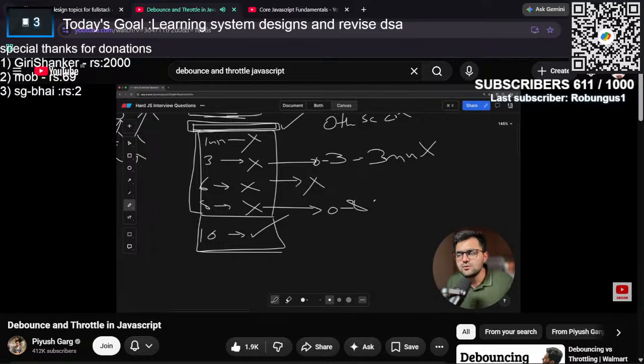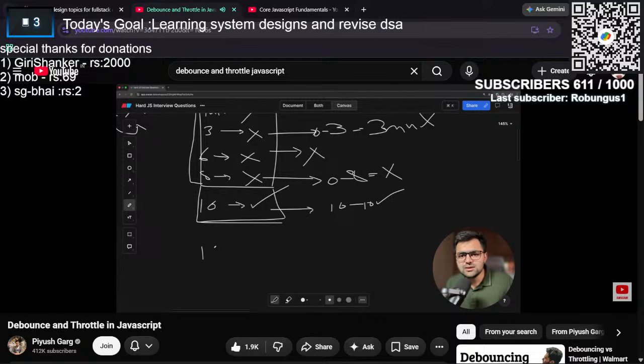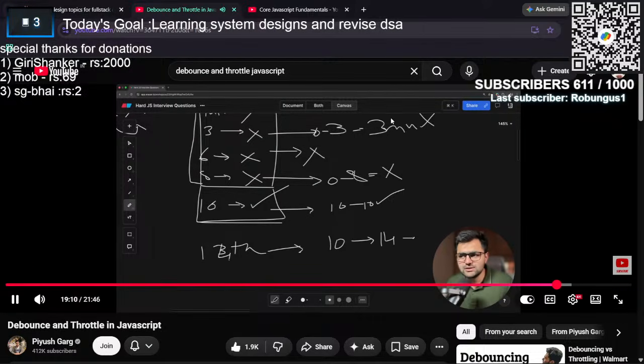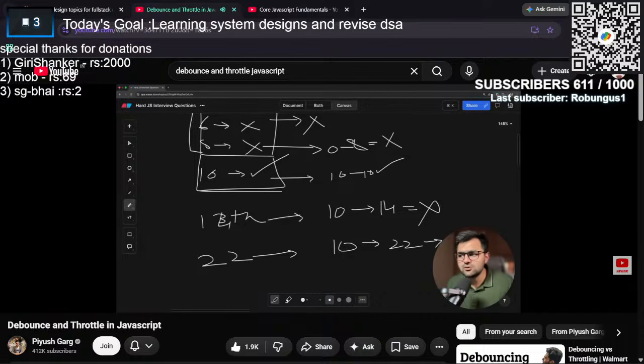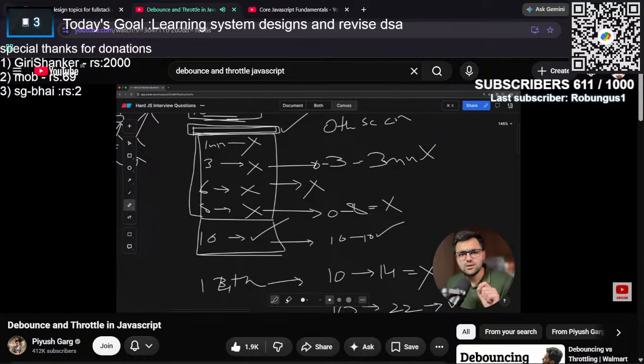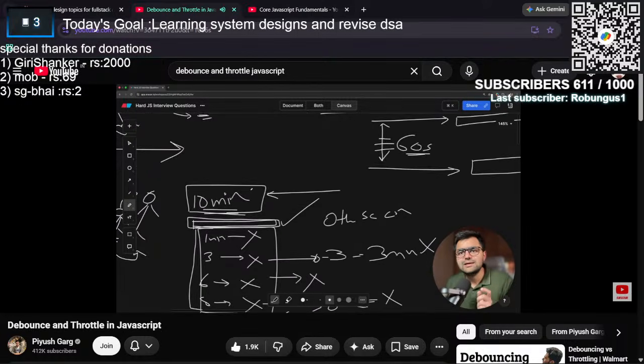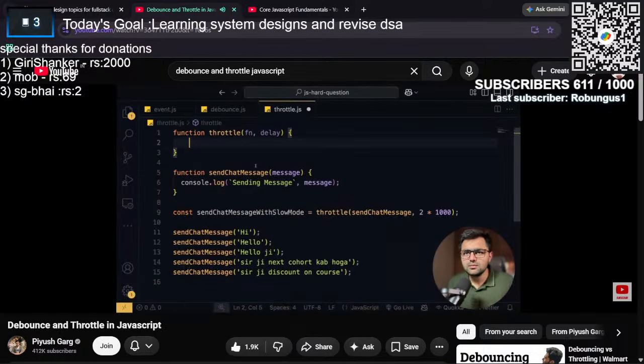तो मेरे को कॉल नहीं करनी चाहिए। आपने फिर एक कॉल की 8 मिनट पे, लास्ट कॉल कब गई थी, 0 मिनट पे, तो 8 मिनट ही बीते, क्या मेरे को कॉल करना चाहिए, नहीं। अब यहाँ पर कॉल चली जाएगी, है ना, यहाँ पे 10 मिनट हो चुके हैं, तो कॉल कर दो। अब लेट्स से यूजर ने 13th या फिर 14th मिनट पे दोबारा कॉल की, तो लास्ट कॉल 10th मिनट पे हुई थी और अब 14 हो रहे हैं, 4 मिनट ही तो बीते हैं, तो नहीं कॉल करने दो। अगर वो 22nd मिनट पे कॉल करता है, तो लास्ट कॉल 10th पे हुई थी, अब 22 हो गए, अरे हाँ ये तो 12 मिनट हो गए, तो कॉल करने दो। तो मतलब कि लास्ट कॉल कब की और अभी उसके बीच में कितना टाइम है, अगर वो हमारे डिले से ज्यादा हो चुका है, तो कॉल को जाने दो।